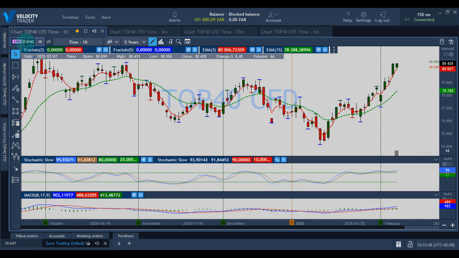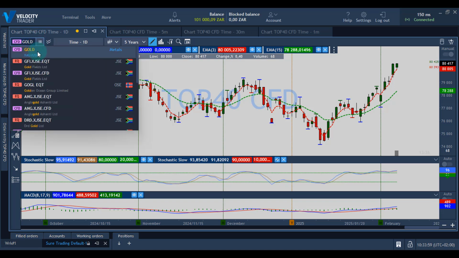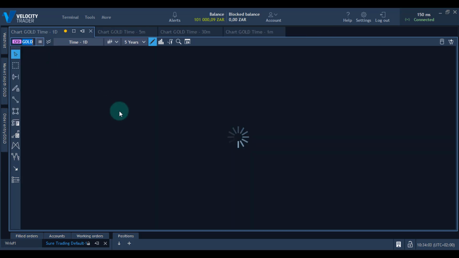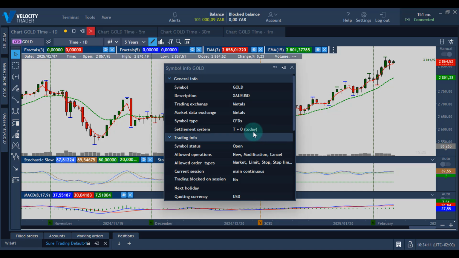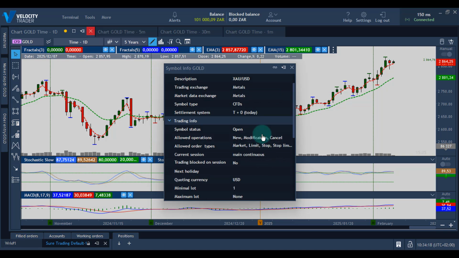This text box over here is where you can quickly change the symbol. So let's type in something different, type in gold, then a list comes up with all of the things that feature gold, and then you click on the one you want, and you'll see that all of the charts change. You can also click on this little CFD button here, and this opens the symbol info for whatever chart you have,